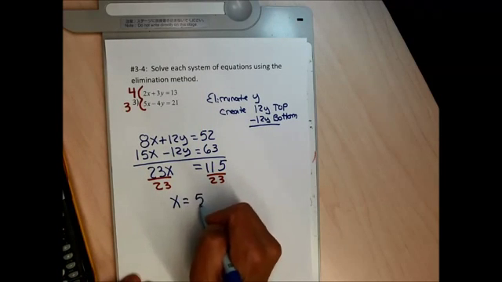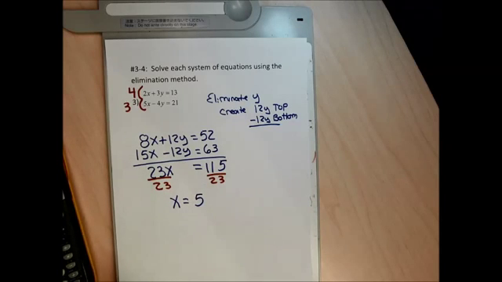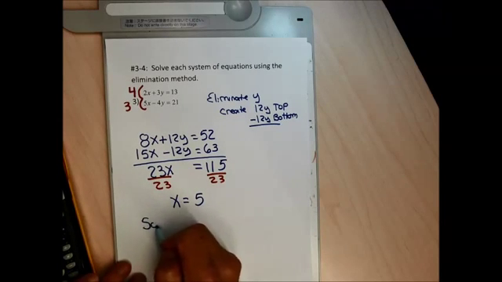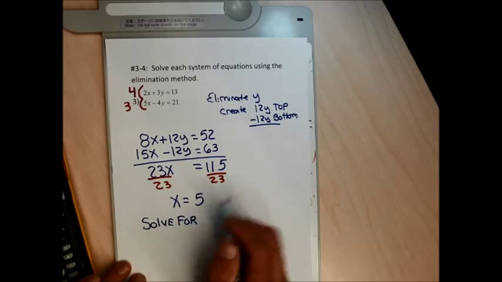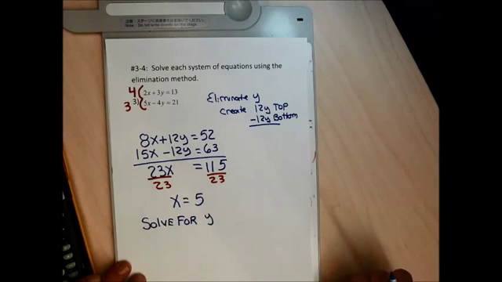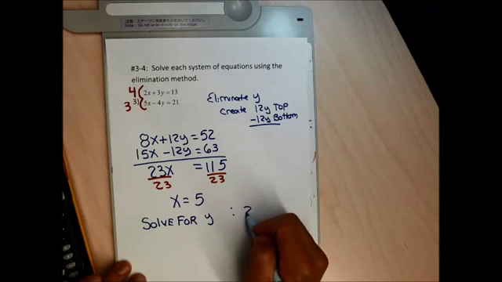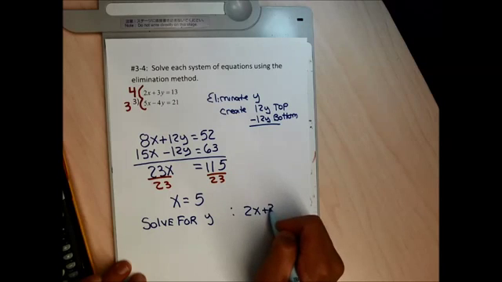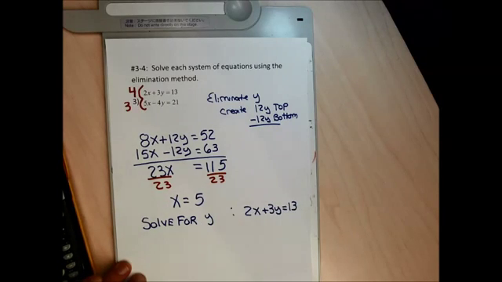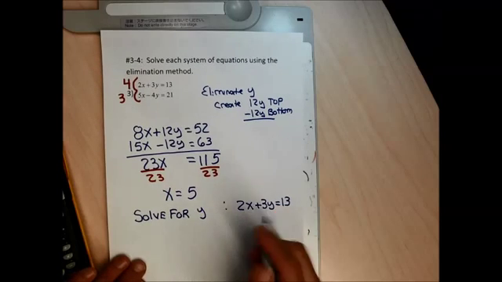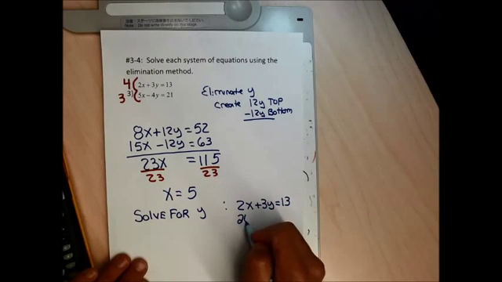The bad thing about the elimination method, it's harder to solve for the second letter. I need to solve for y, and I can pick any letter, any equation in this problem. I like to pick one that has smallish numbers and positive in front of the letters that I'm looking for. So I'm going to use the equation 2x plus 3y equal to 13 to solve for y, but I could have used 5x minus 4y equal to 21. It just has a minus in front of the y that I didn't like. So I'm going to plug in 5 for x